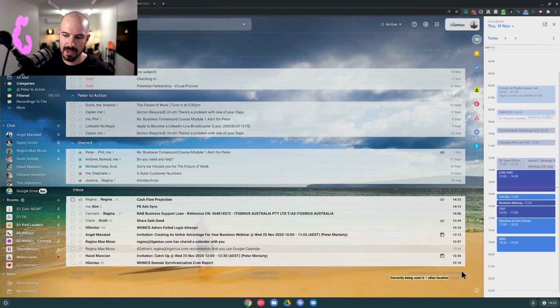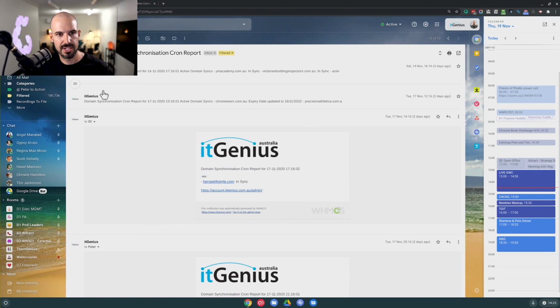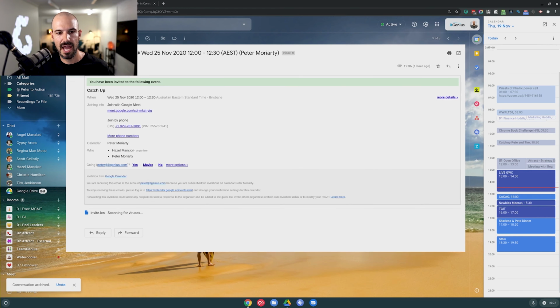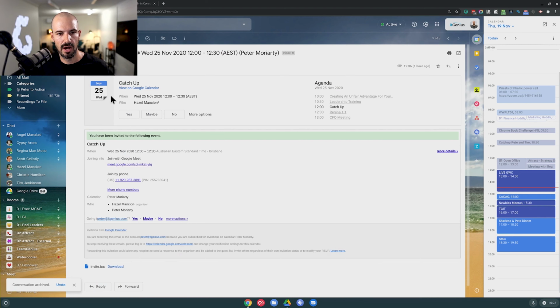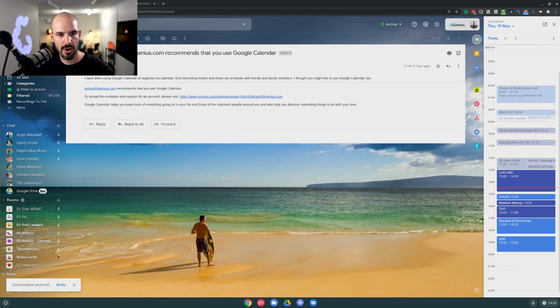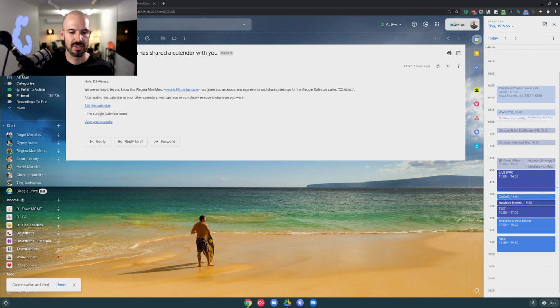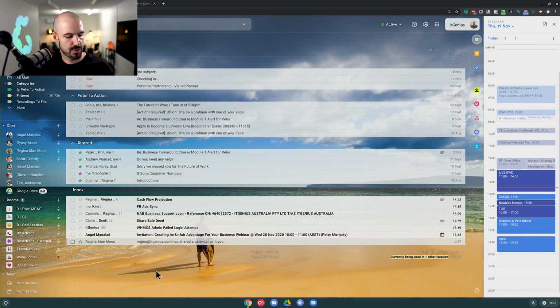You can see here the oldest email in there is 12 p.m. And so I would go into this email. I don't need to do anything on this email. I'm going to archive it, and it just automatically advances up to the next one. I'll say yes to that invitation, and I'll go archive, automatically advances to the next one, automatically advances to the next one. You get the idea. And so bit by bit, it's helping us to rapidly triage through our mailbox and get through things really quickly. I really, really love that one.